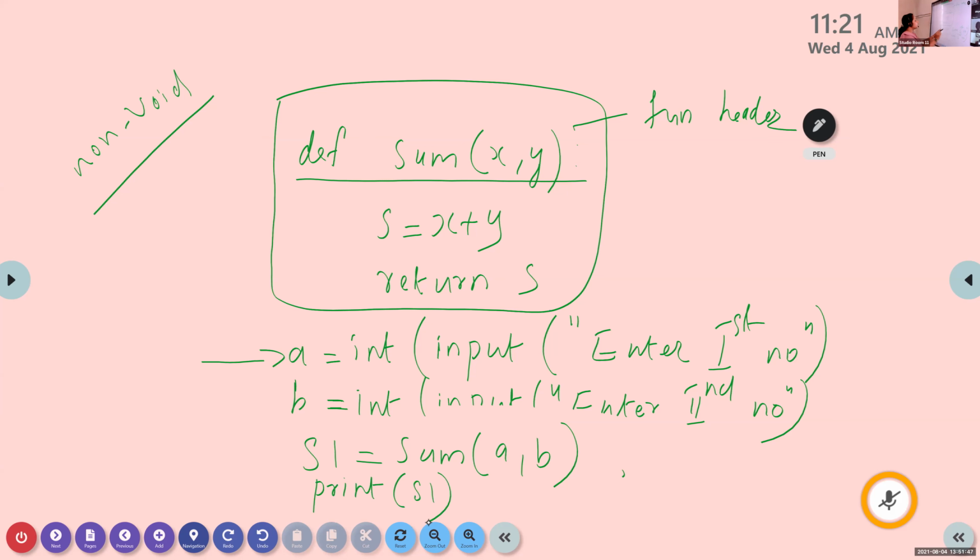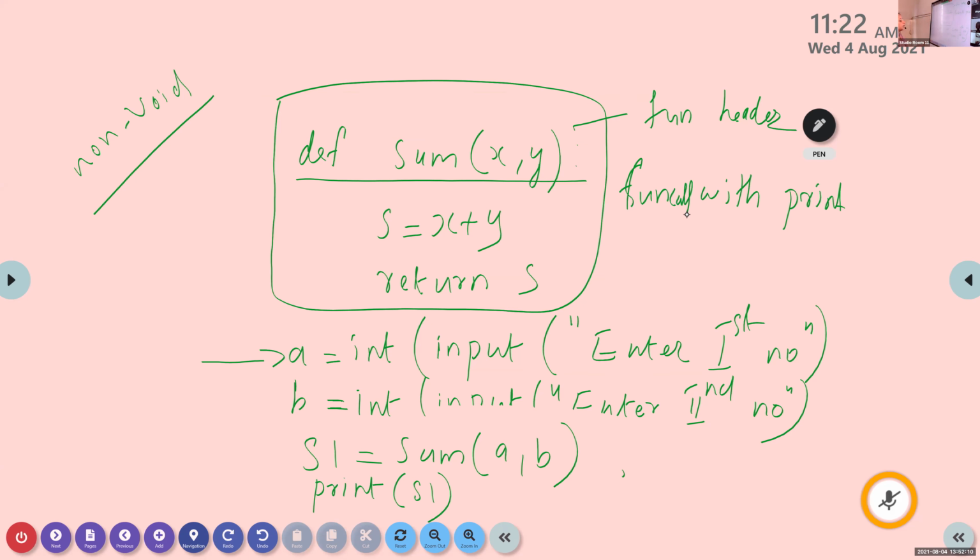So we are using this return statement along with the assignment operator. In the first case we are using the function call along with the print statement.